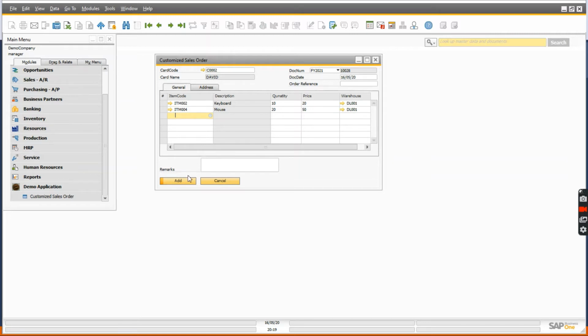So let's try. You can see it's giving an error: cannot insert the value null into the column U_ItemCode UDF. To remove these blank records, what we have done comes under validation 2. So let's move to the code.